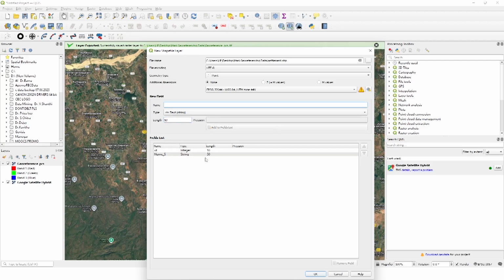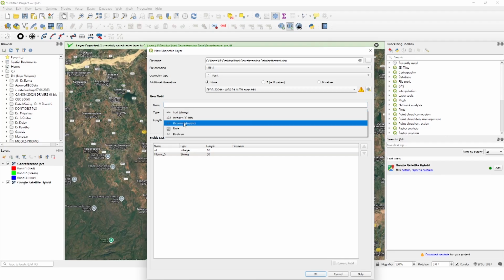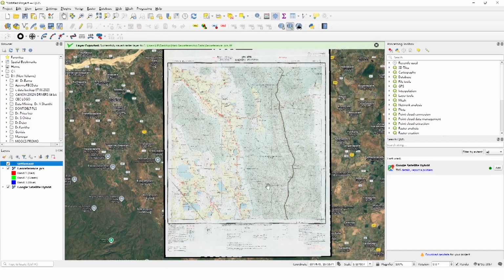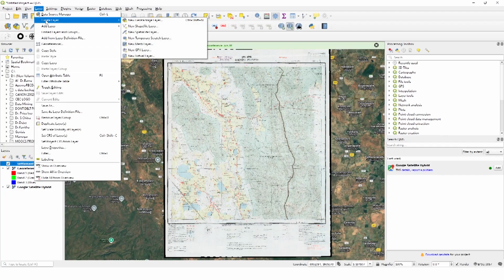Then here I added the name. Similarly, you can add the length of the road, or area of the water body, and based on that you give the integer value or decimal value, that is your wish. Then I will give OK. Finally, the layer is shown here; once you create the layer, it comes under here. Then another layer I am going to create: go to Layer, Create Layer,